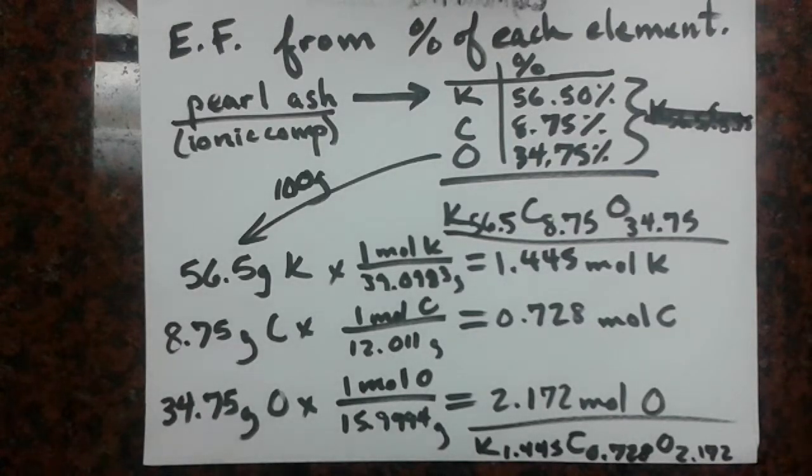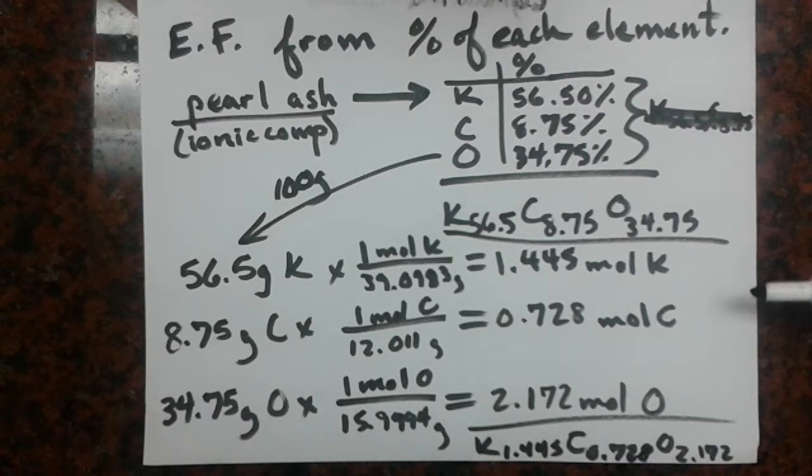Okay, to fast forward, we can see that these amounts come out to about 1.445 moles of potassium, 0.728 moles of carbon, and 2.172 moles of oxygen. Although this allows us to condense the relative amounts of each atom in the molecule, this reduction doesn't amount to whole numbers or integers, so therefore we need to go one step further, and the next step is to divide